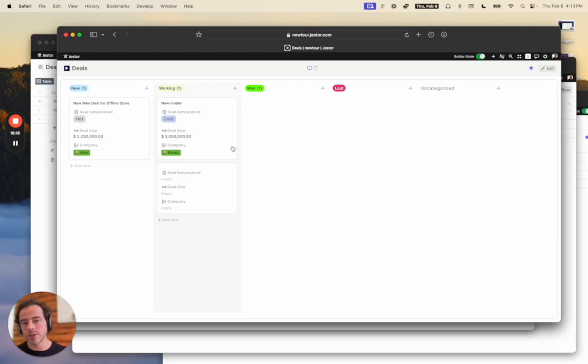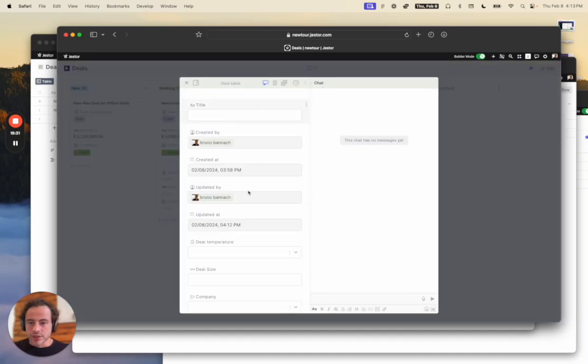interesting to also connect this to a form that you can customize and have conditionals and pages and inline information and other configurations that you can add in a form. So let's go here and just finish another deal for Nike, just to show that one company can have more than one opportunity. So Nike